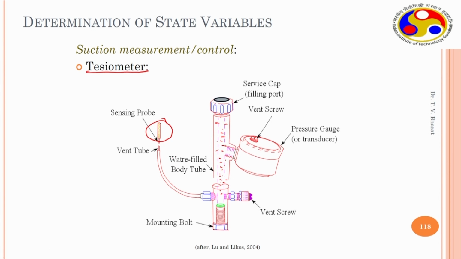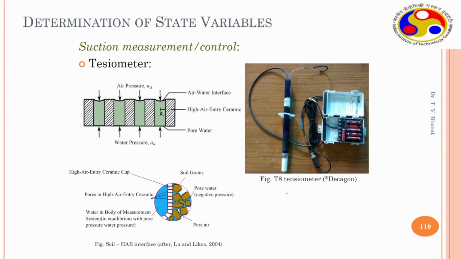Now, when this sensing probe is in contact with water which is at negative pressure, the negative pressure is transmitted through this tube to the water contained in the water filled body tube. That can be measured using the pressure gauge. So, what does the sensing probe contain? It contains a high air entry ceramic disc, a high air entry ceramic cup,